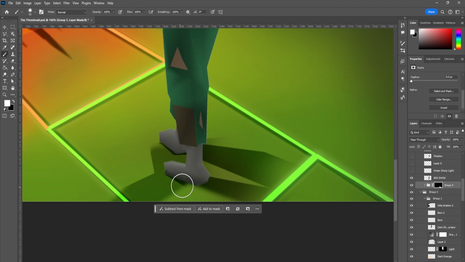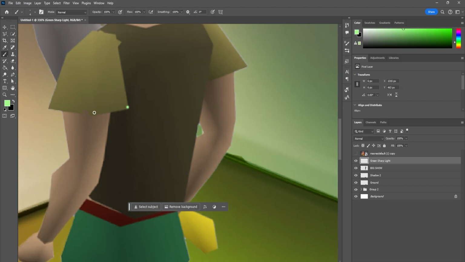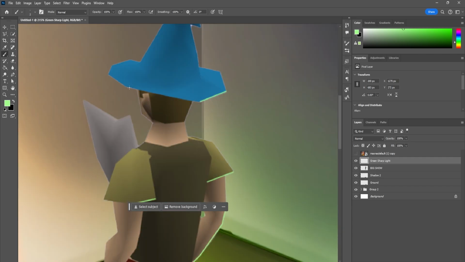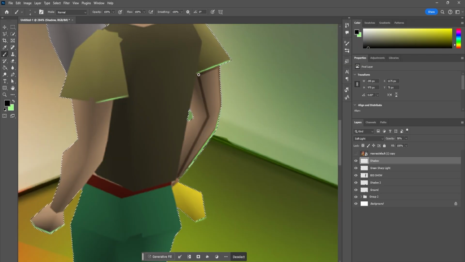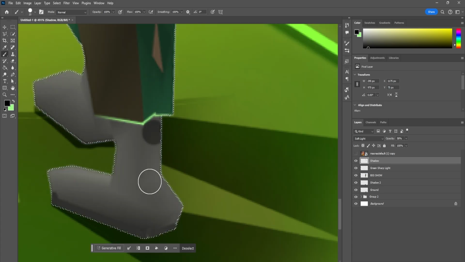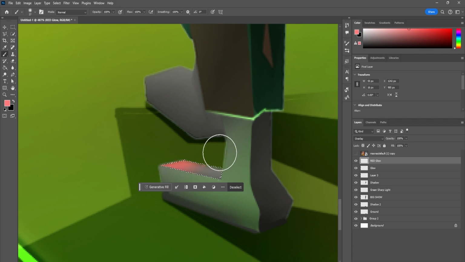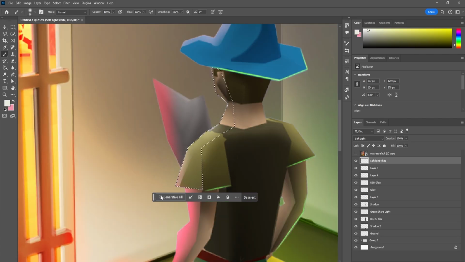It was now time to start working on painting the various glows and shadows on the character to make their body parts really pop out and look like they actually belong in the environment. I went through the following process to get this done. I started with the green highlights, focusing on the shoulders, hat, and feet. Then, the various shadows. The important thing when painting shadows and highlights is that they create separation and contrast between the various elements on the character. The whole point is to make it as clear and visible as possible. I then did the red light from the front, and then some white light on the shoulder, and some subtle